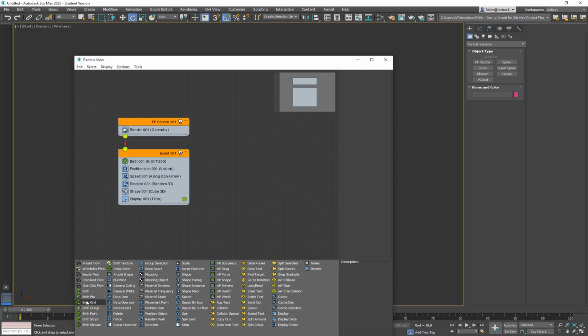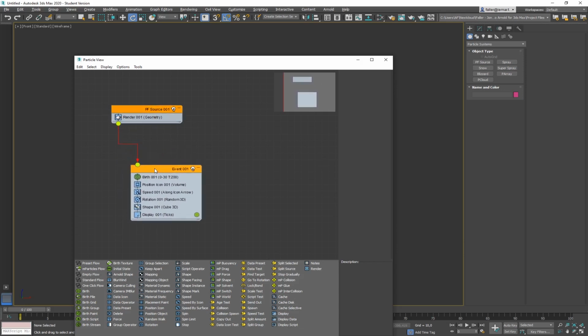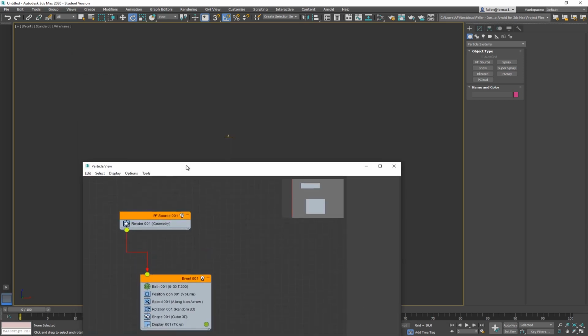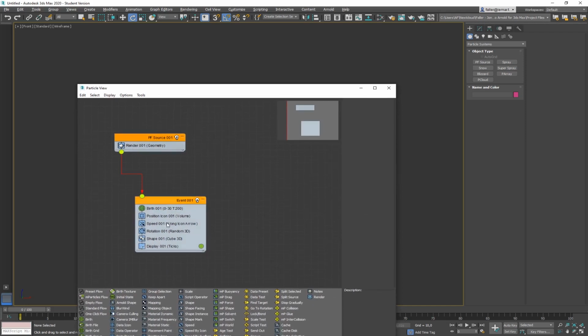And you can see that the elements have different symbols here, the green ones, the blue ones, then the yellow symbols, and then there's some additional ones, gray rectangles. Those are usually placed on my particle flow here, and you can see the flow is actually made out of two parts. The first one, you could say, is responsible for showing the particles, rendering the particles in your scene. And the second, the event here, is responsible for making something happen. Let's go quickly through those.